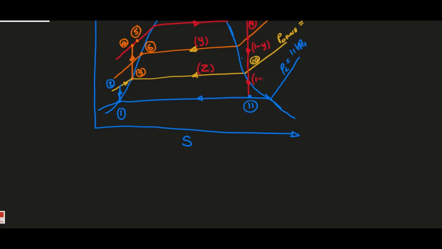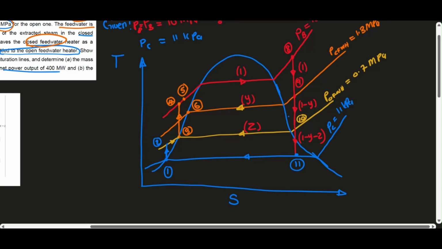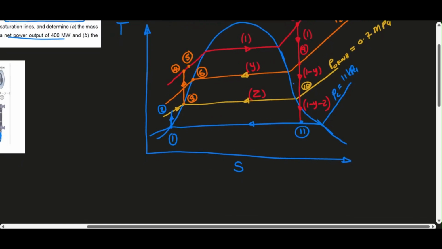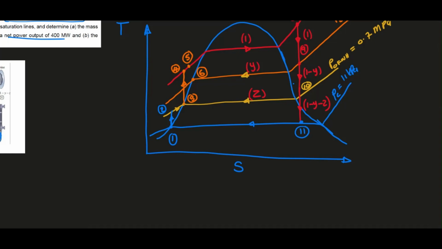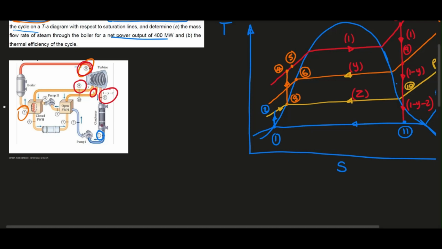We extracted Z from that portion, so we are left with 1 minus Y minus Z, and that is the remaining steam that will be exhausted to the condenser,